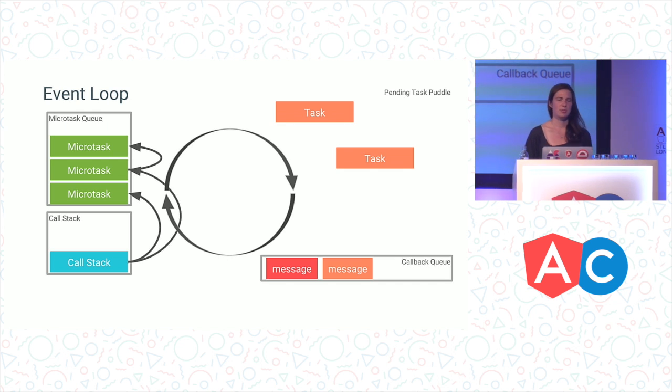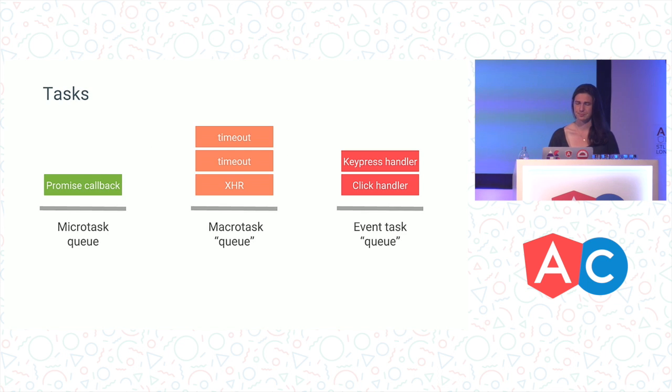Going back to our event loop, we can also think of all of these asynchronous things that are happening and waiting on the callback queue as tasks. And Zone introduces this concept of a task and lets you manage various task queues. So there's the microtask queue, which we talked about a little bit before. We also have the concept of a macrotask queue, which I've put in air quotes because it's not exactly a queue,